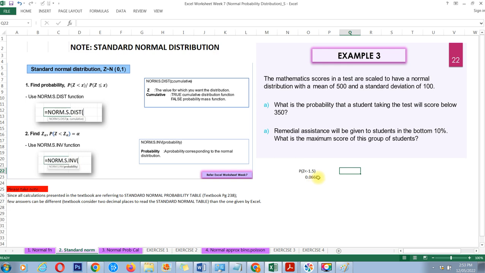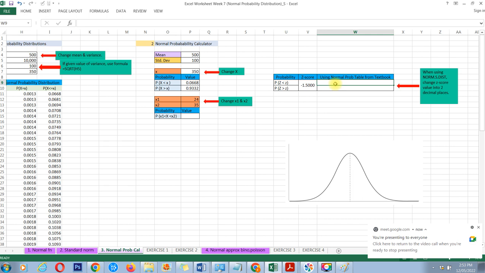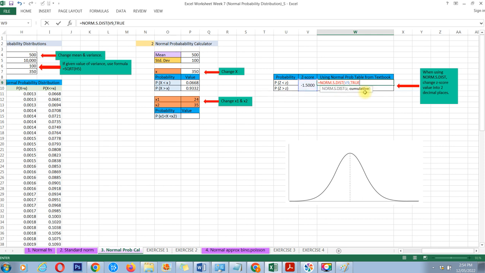So for this, so we will get PZ equals, so this is a normal, so negative and then true. So normal standard, so here normal, okay, equals to normal standard distribution. Okay, normal standard distribution. Z, what is Z value? Z value is here, and then cumulative is true. And then close bracket, enter. So okay, here